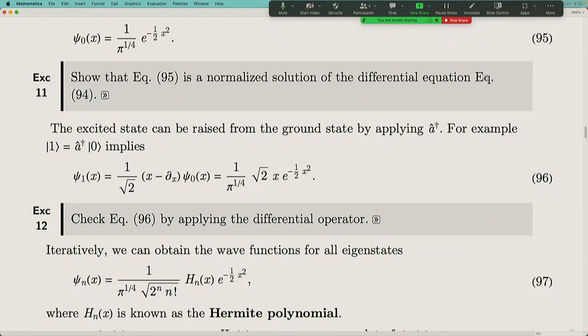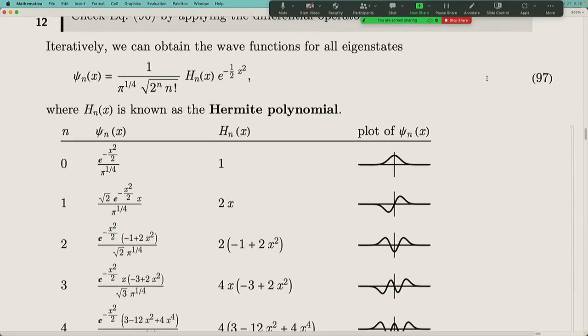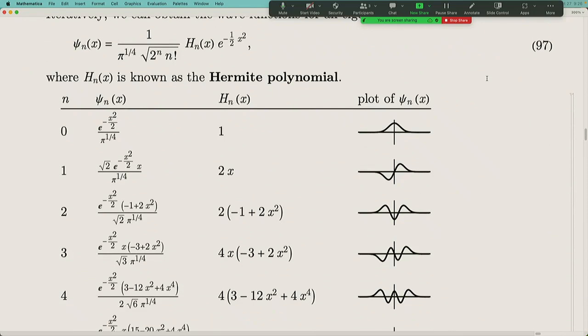But applying this operator simply means you take this wave function, take the derivative of x, which can be done, and then also multiply the function by x, which can also be done, and put them together, and that's your answer. So following this approach, we can basically start from the wave function of the ground state and recursively construct all the excited state wave functions all the way out of the ground state. So that's the power of this creation operator. You just create n times, then you go to the nth